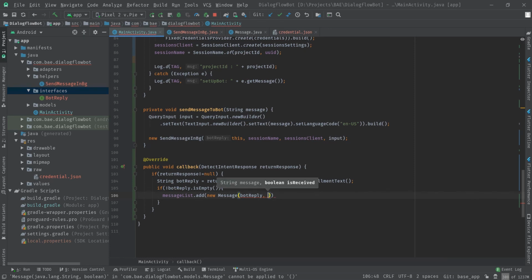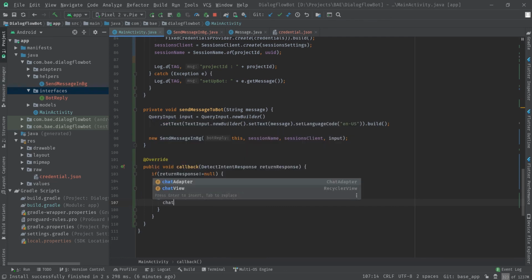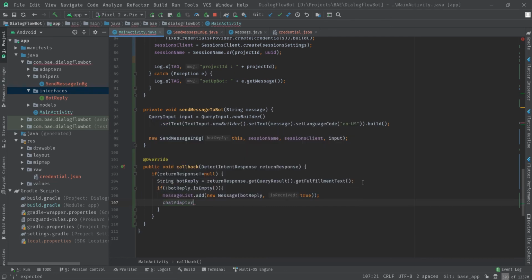And is it a message received? Yeah, it is a message received from the bot. And I'm just going to notify this adapter recycler. This is the adapter of the recycler view, and I'm also going to scroll the recycler view to the bottommost position.